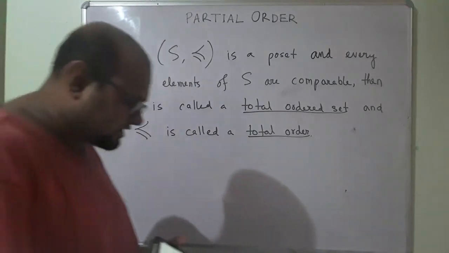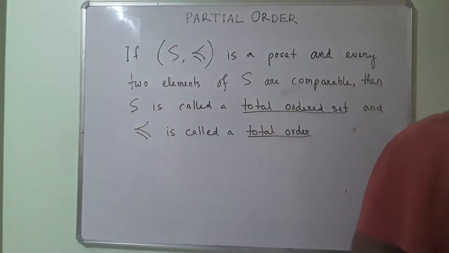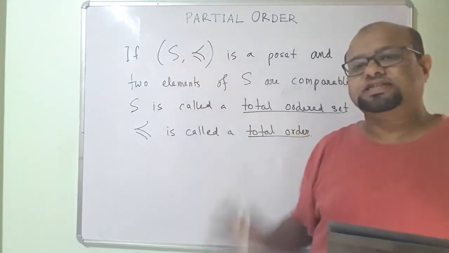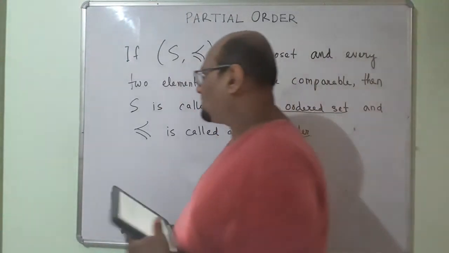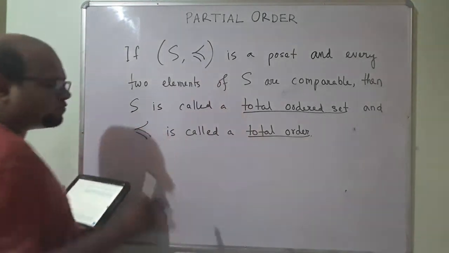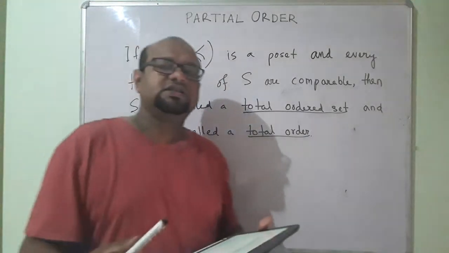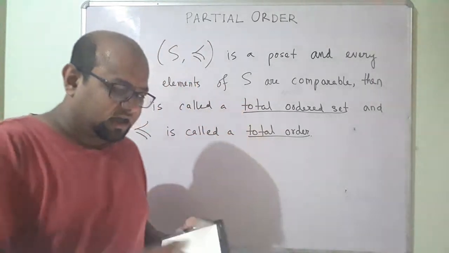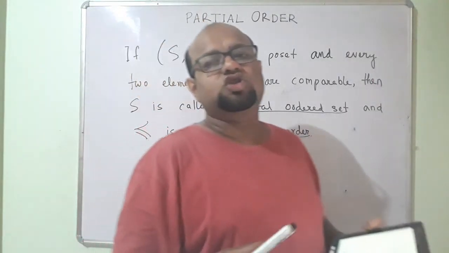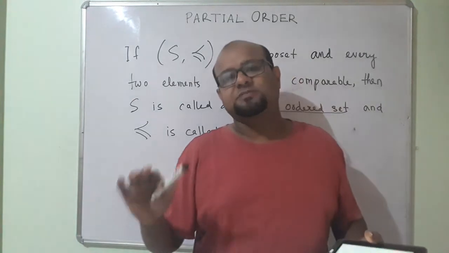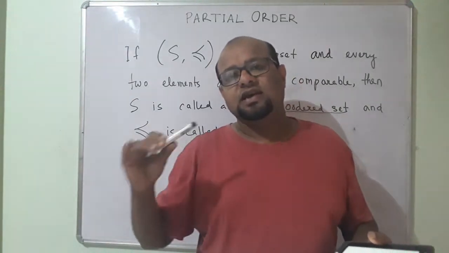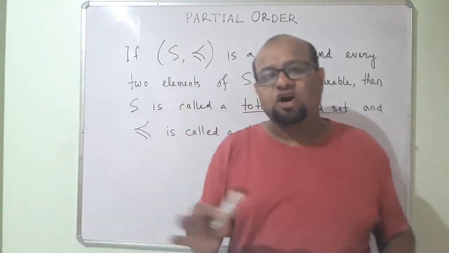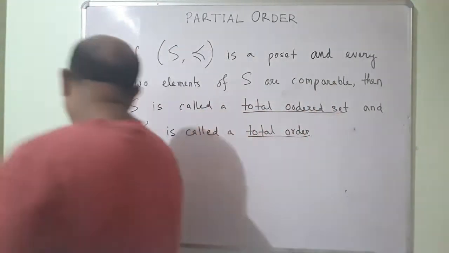Okay, so what does this mean? Look at the definition first. We have some poset. So this relation on this set is reflexive, antisymmetric, transitive. So this is a poset, and then within this poset, under this relation, all the elements of this set are comparable. For example, previously we saw these two posets, that is, the subset relation on some power set, and divides on the positive integers. We saw that not all the elements are comparable, right?